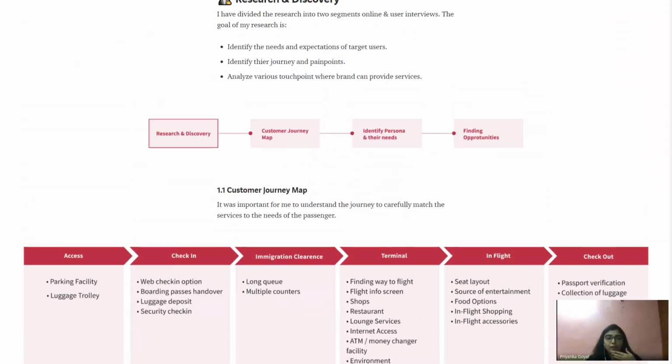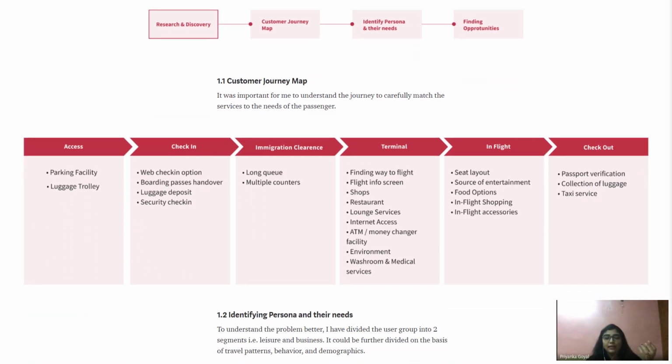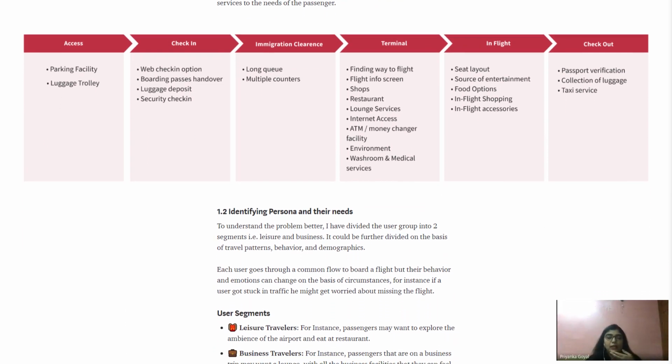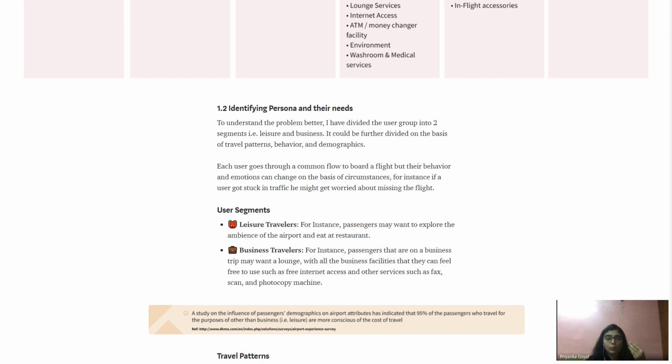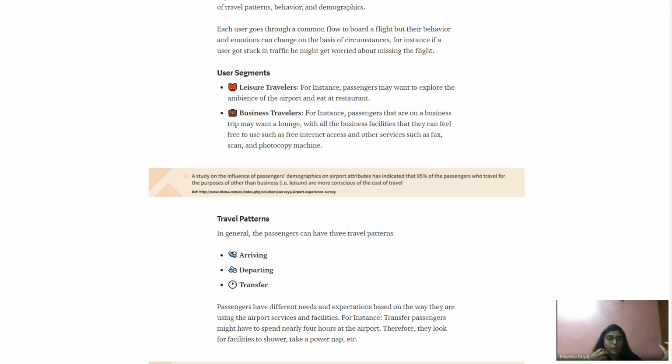So I've not spent much time or written much about discovery and research, because I know they will scan it and this information will be enough for them to understand. Then I've written about the persona. Here also, I've seen the kind of persona people make: a card or graphic with one person's photo, demographics, and challenges. That looks a little weird, it looks like you haven't done any research. Because generally in your day-to-day projects you don't make personas like that.